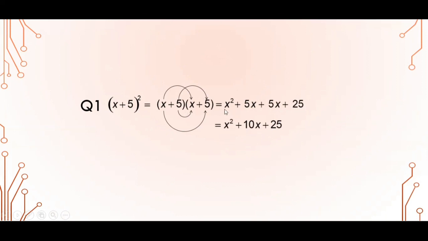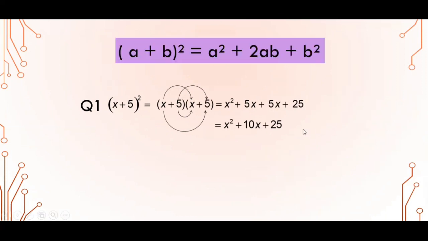Right? So we followed a certain procedure. What did we do? We multiplied each term of the first binomial by each term of the second binomial, and then we added all of them together. Okay. Now this multiplication of binomials becomes easier with the identity. So here we have an identity. A plus B the whole square is equal to A square plus 2AB plus B square. Now using this identity, we will solve the next expression. Or let us take this one itself. Let us take this x plus 5 the whole square itself using the identity. So let us do this.